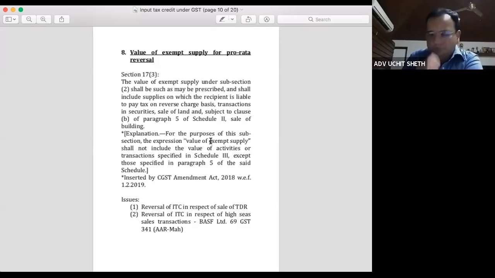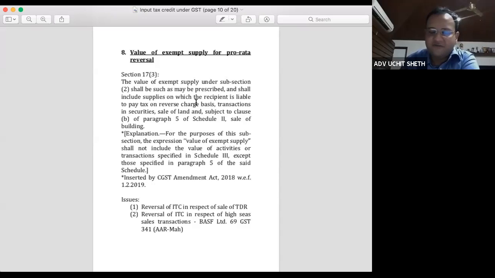Here, according to me, there is no need for application of any logic where the provision itself is clear. The authority may say that if you have not paid the tax, why should I grant you input tax credit? As I said, ultimately input tax credit is a product of the statute.